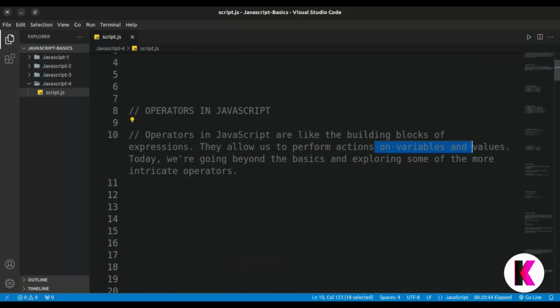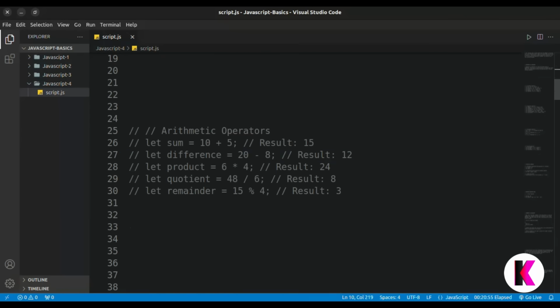Our first operators are arithmetic operators. Arithmetic operators involve sum, difference, product, quotient, and remainder. In the previous videos, I already taught you how you can create variables in JavaScript. Using let, we can easily make variables.